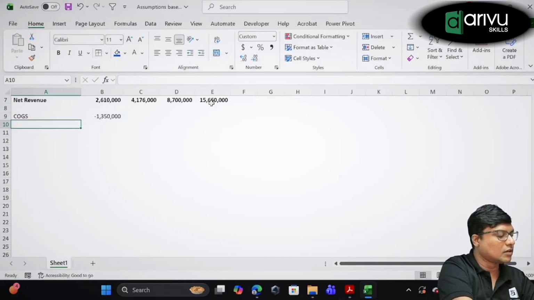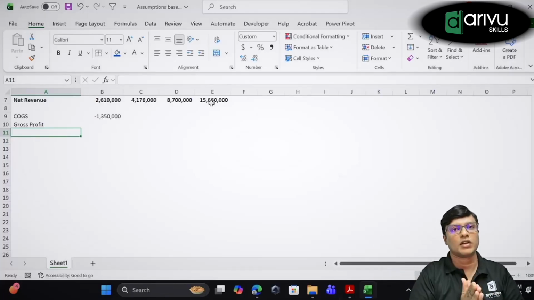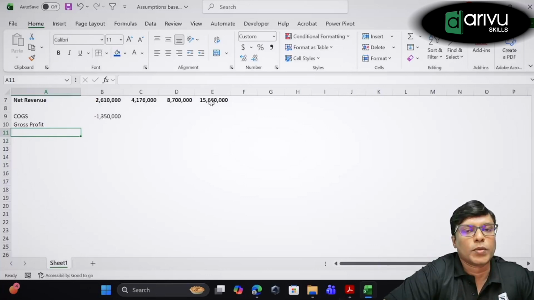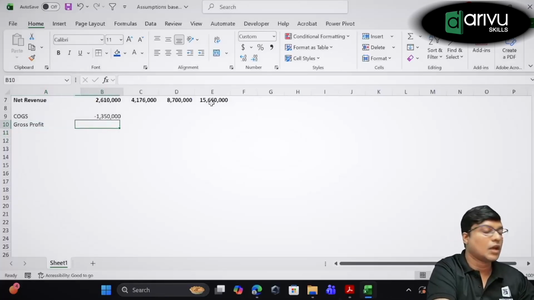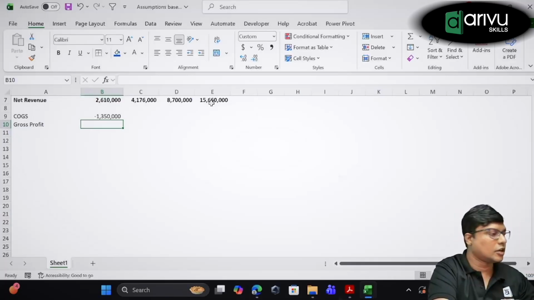then calculate the gross profits. Gross profit is nothing but the profit generated after adjusting the direct expenses, direct material and the direct labor. Okay, sum of all that we call as the cost of goods sold. The formula for the cost of goods sold is opening stock plus purchases minus closing stock, and there shall be included the direct expense and the direct labor. So calculate the gross profits,